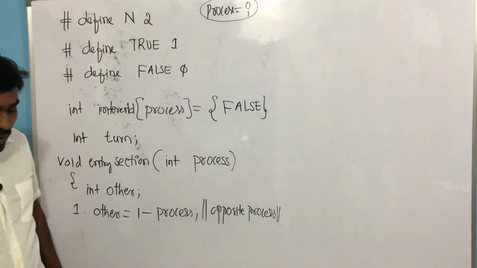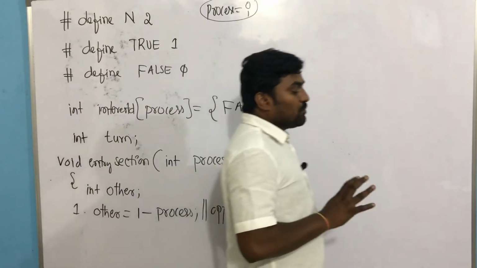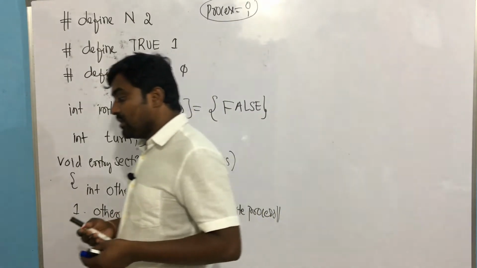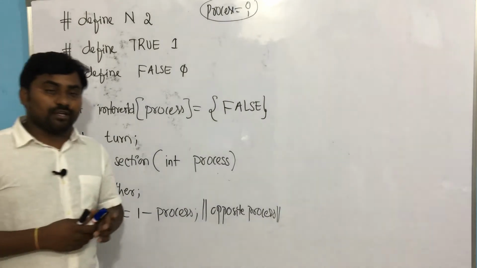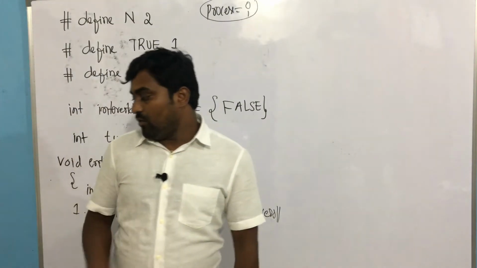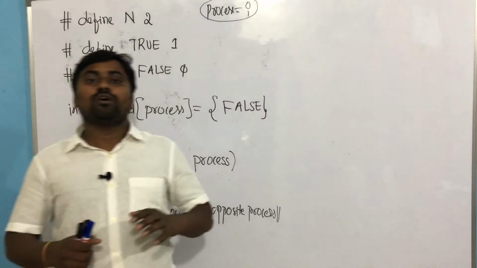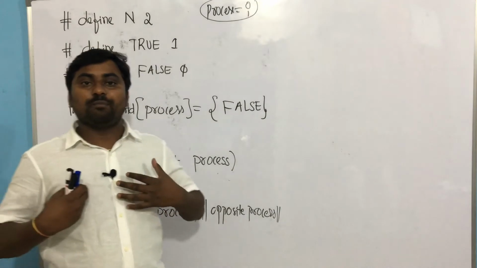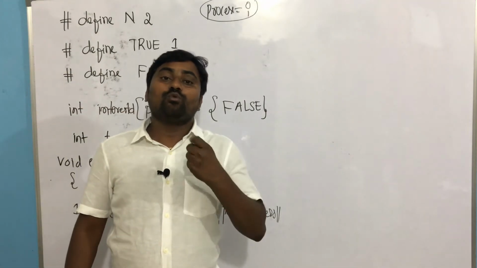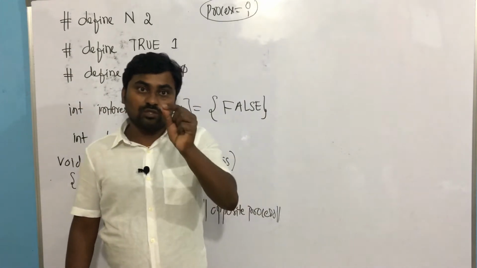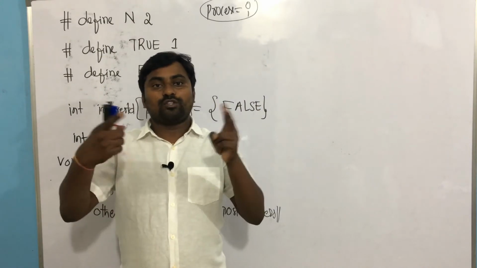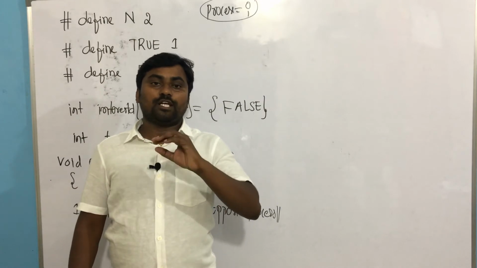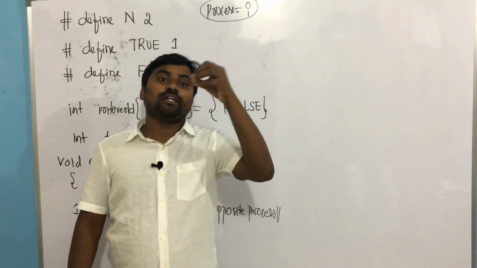Now see what I told you. This is a simple 3-step process. First you show your interest. Correct. Then after showing interest, you have to set the turn value. Now here clearly, if two processes are both interested at the same time, assume that two processes showed their interest as true, I am interested. Then who is going to enter the turn value? Now look, this turn is a binary variable. Now both can update the value, meaning processes P0 and P1 have to update their process ID in turn.